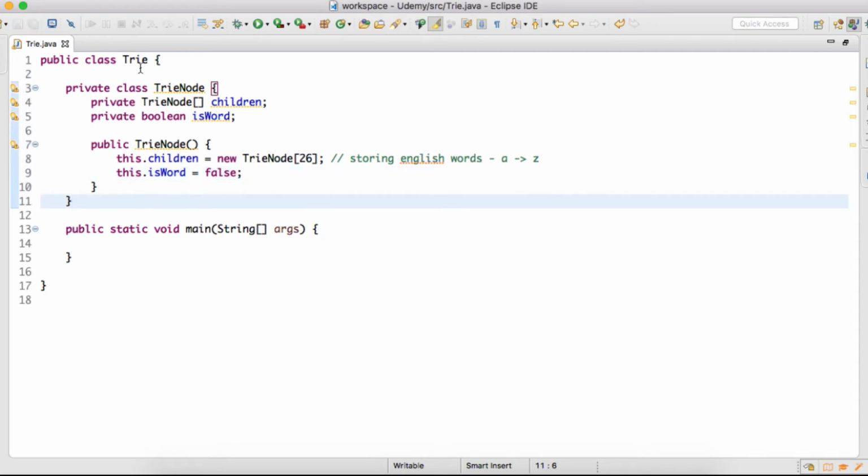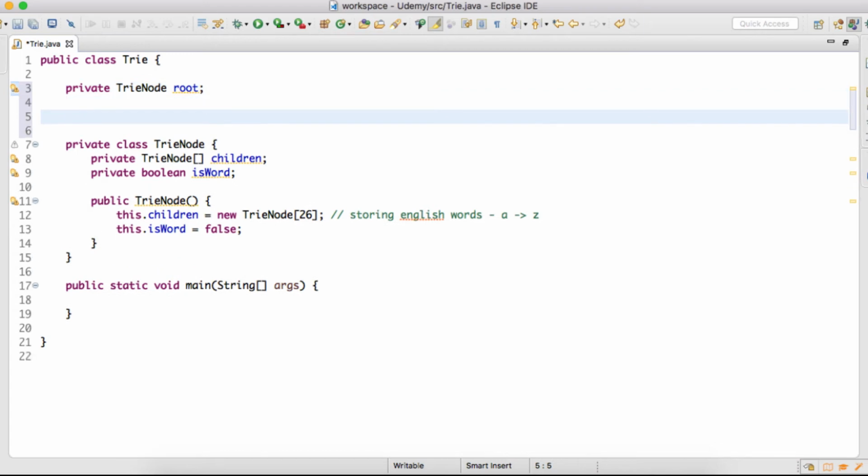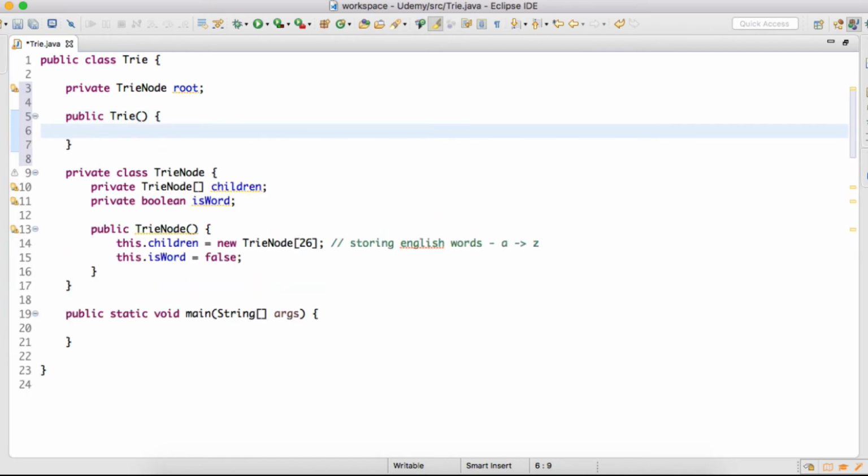Also friends, we discussed that a trie contains an instance variable whose type is TrieNode, which is nothing but the root of the trie data structure. So this TrieNode, which is the root, will point to other trie nodes through this TrieNode array. We'll also provide it a constructor, so whenever we initialize the Trie class, we simply create the instance of TrieNode and assign it to root.